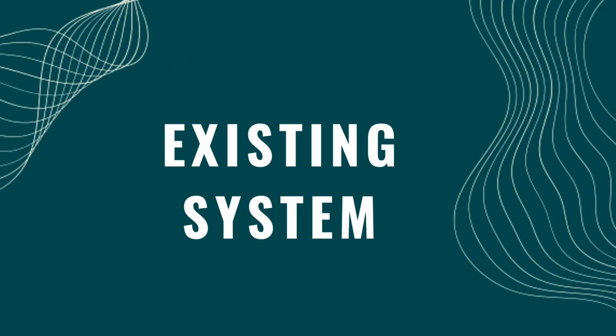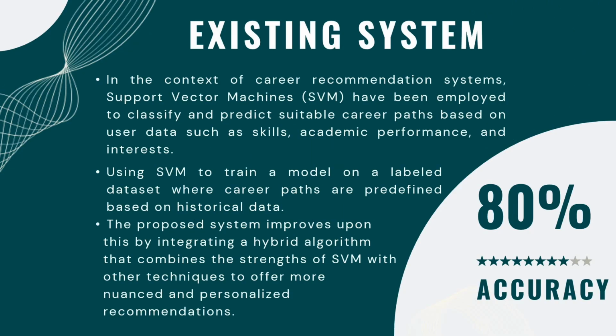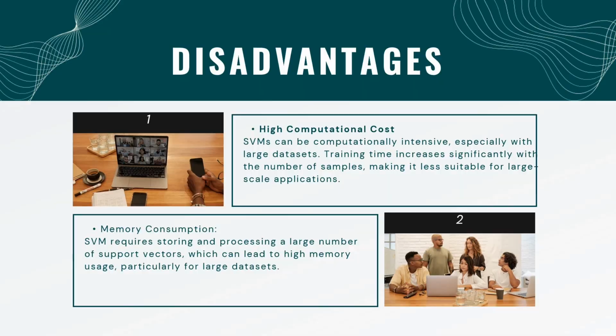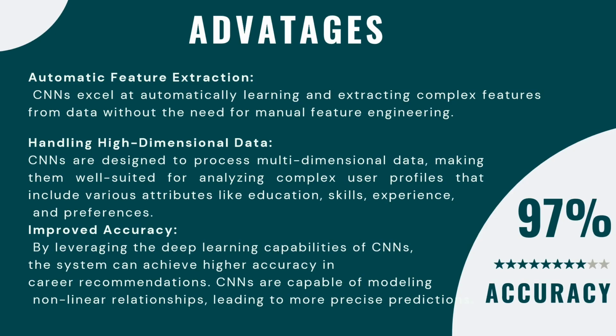The existing system, as I mentioned earlier, is the base paper. In the existing system, they use a support vector machine. As I mentioned earlier, the support vector machine is prone to errors and achieved very low accuracy, only 80%. So we are using random forest. In the proposed system, we are going to achieve 97% accuracy. The major advantage of our proposed system is 97% accuracy. That is the major enhancement we are making to our project.